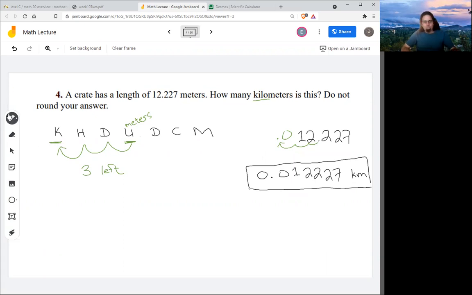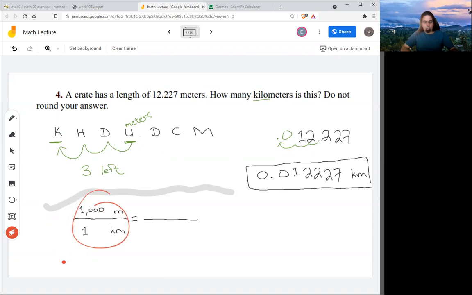As another way to do this, you could have said, I don't like the King Henry thing. I like proportions because I cross multiply whenever I can. So one situation is my generic unit conversion rate. It's always true that there's 1,000 meters in 1 kilometer. So that's what's always true. That's just how meters and kilometers fit together.